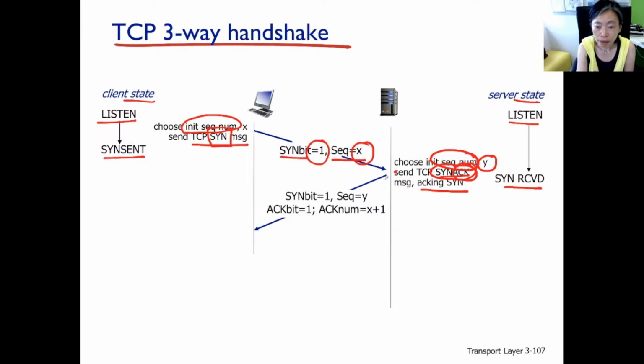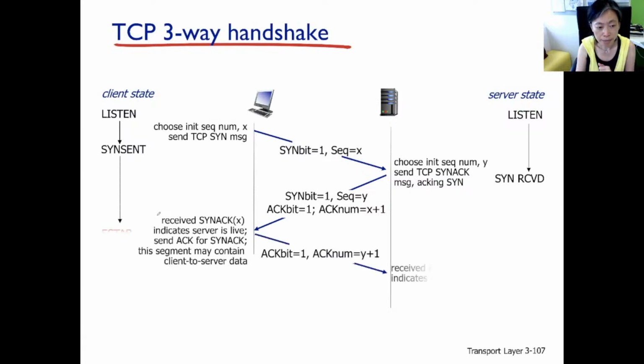So you see here, this packet goes back, and the SYN ACK packet is going to have the SYN bit on as well as the ACK bit on. In the sequence number, the server tells the client it's going to start from y. And this being an ACK packet is going to tell the sender of the SYN packet that, hey, the next one I'm expecting is x plus 1. All right, so the next seq num is already set to x plus 1.